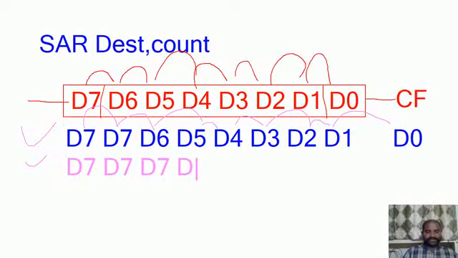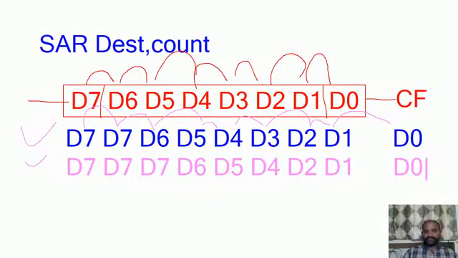Now it is going to be D6, now D5, now D4, now D3, now D2, now D1, and now D0. I missed out one sequence: D3, D3, D3, D2, and in the next shift, D1 is going to occupy the CF position.